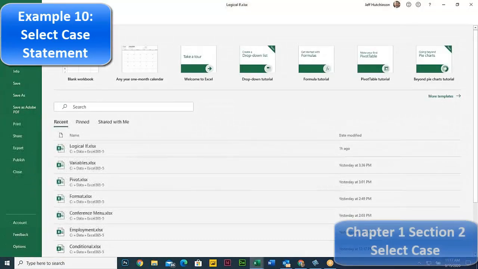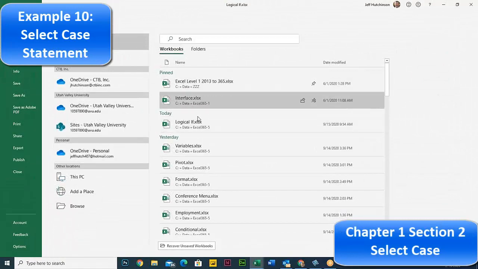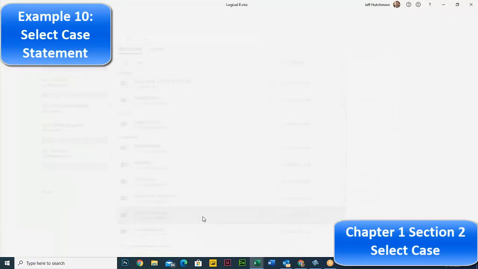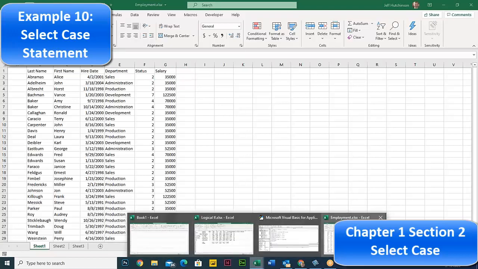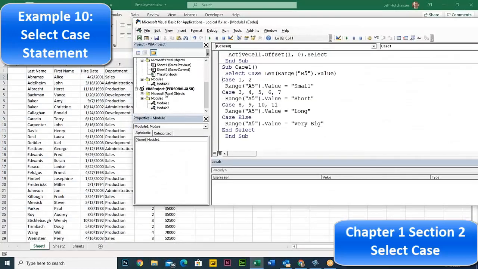File open. Looking for, I think I had it open earlier. There's employment there. And we're going to put our answers over here. We're going to evaluate these two values. Evaluate this, multiply this times the percentage in order to get this. We're going to go to our basic,